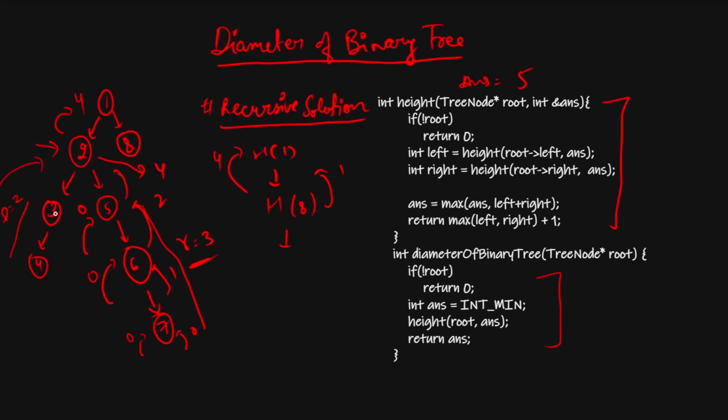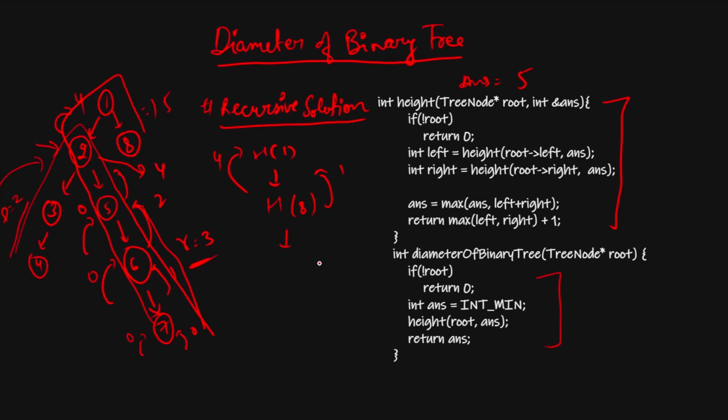Here you can see the 5 nodes will be there. But why is it returning 4 plus 1, 5? How? It is 1, 2, 3. Okay, so this will be 4 now. This is also 5. So we can say there will be 2 paths of the same diameter, both of them 5. One is passing through the root and this one is not passing through the root, and both have the same diameter. So we have to return the length.